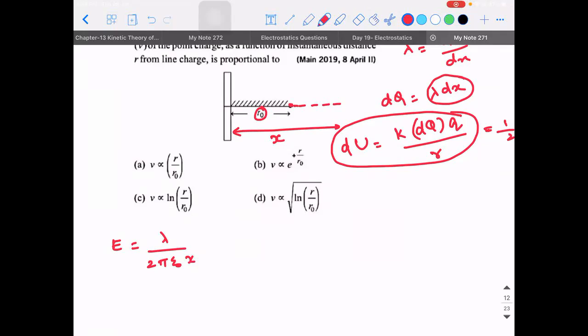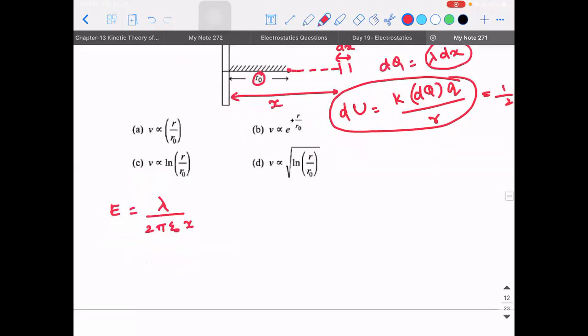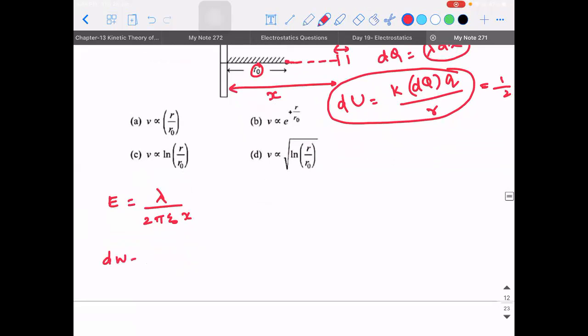So if I take the distance as x, and I'm able to calculate the small amount of work done for dx, like how we do the derivation of potential difference, then I will equate it to kinetic energy, because work done is equal to change in kinetic energy. Correct? So here x is the variable. Now, to calculate the small amount of work done to move a distance dx, can I write it as lambda divided by 2 pi epsilon naught into x multiplied with dx? Guys, does this make sense?